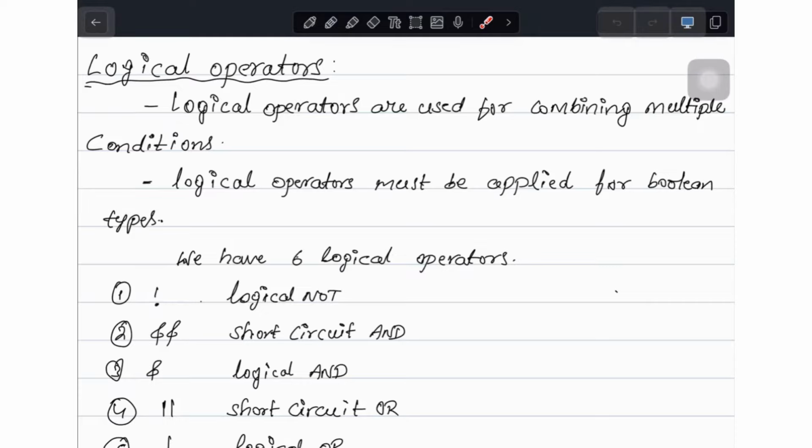Now, after that, the next topic, today's topic, we need to discuss logical operators. So the next topic is logical operators. Now, let's focus on this topic. So, what are logical operators? As I told you,